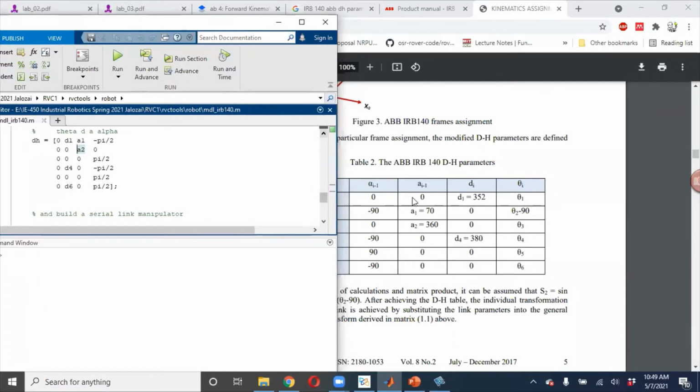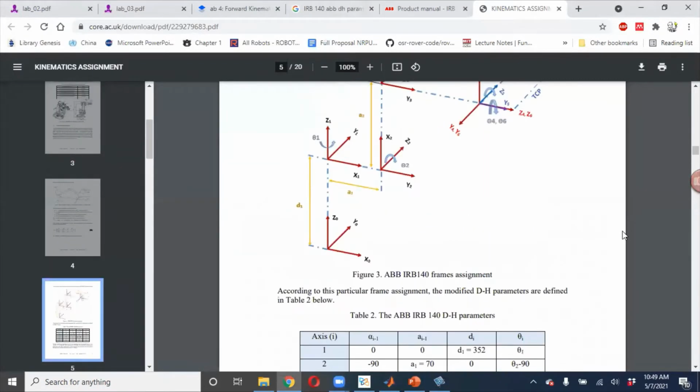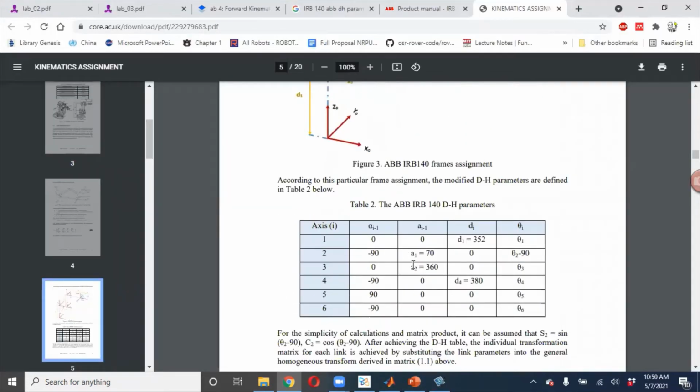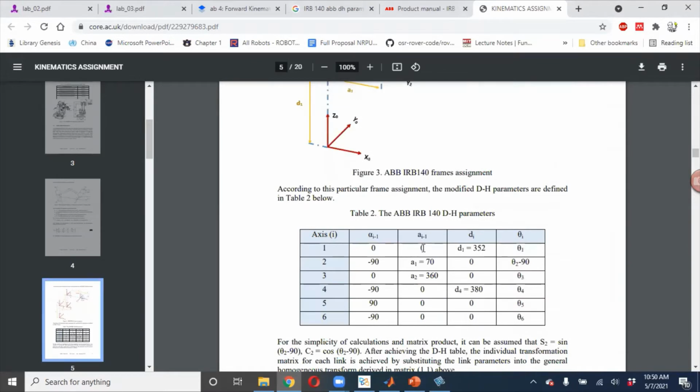And this one is A0 actually, and alpha naught. So we first have to understand the kinematic model of this robot, that there is no A naught anyway. A1 is along x1. That's the same case as we had. A1 was 0 in our case, A2 was along x1. So our convention is slightly different. What we called A1, they called